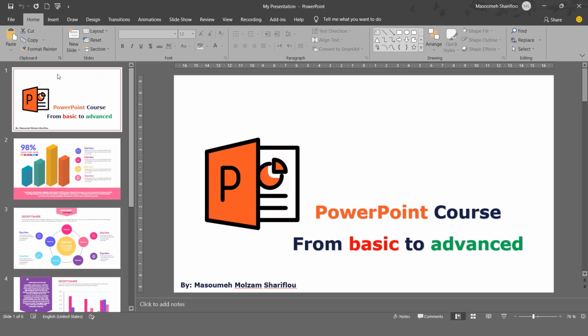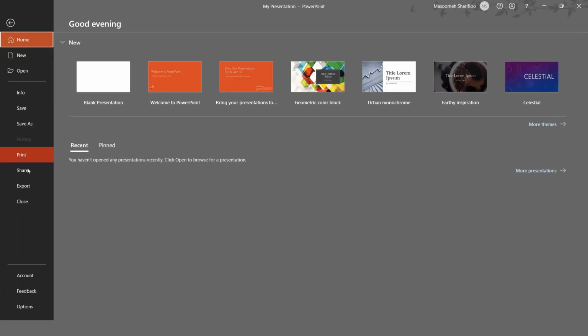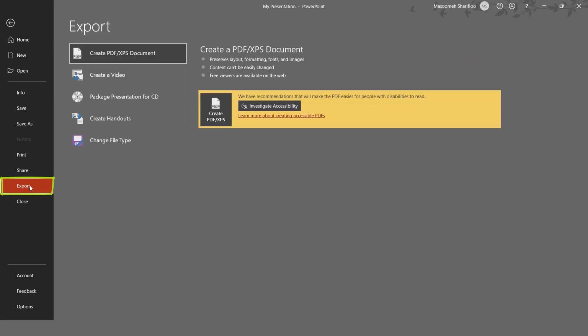In the continuation of the starting file menu, we come to the export option. We can have different output of our PowerPoint after the design by the options of the export section. There are 5 sections here that we are going to talk about each in detail and study all the options. The first option is Create PDF or XPS Document, that by the help of this option you can